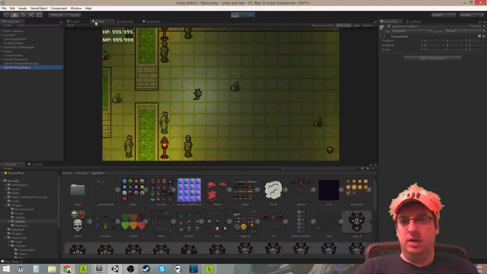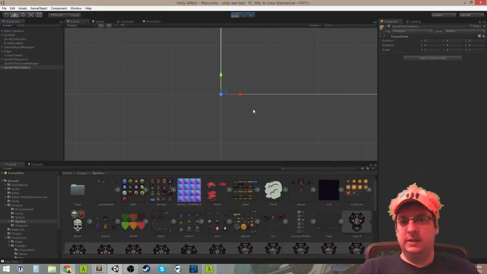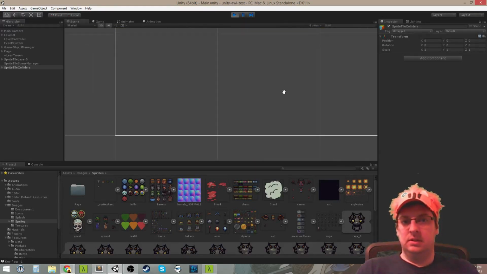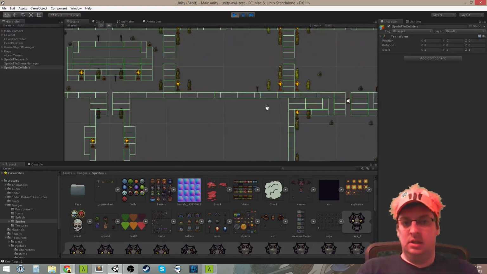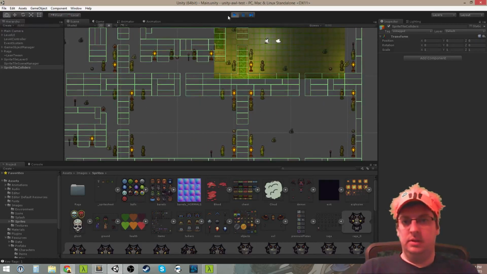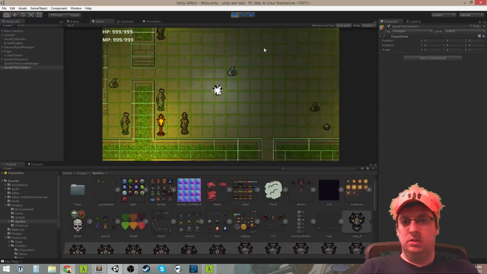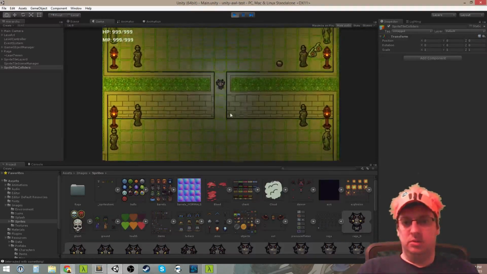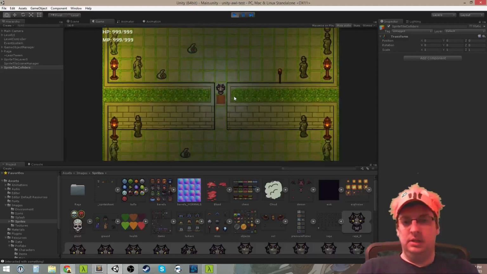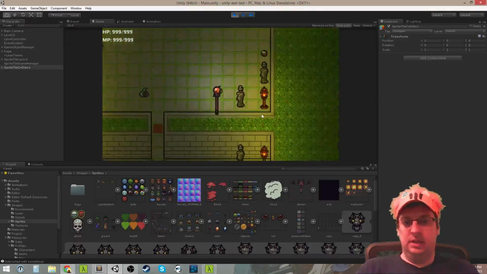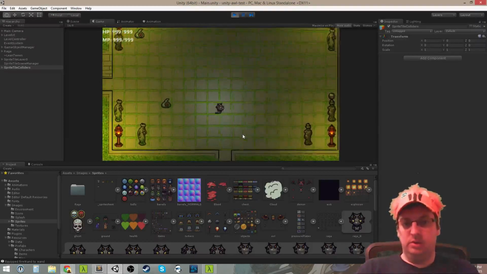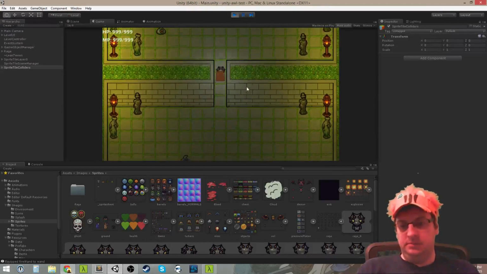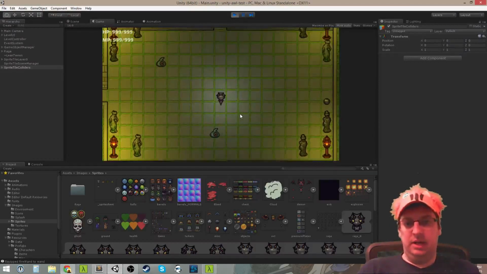Essentially, we have these dungeons being generated, and let's turn on our gizmos so we can see where the walls are. There we go. So that's where they're going to be, right down below me. Turn those gizmos off just for now. And you can see we have this little block in our way. And where we left off last week was that I was going to try and implement the counter to these blocks, which is a button somewhere else in the level